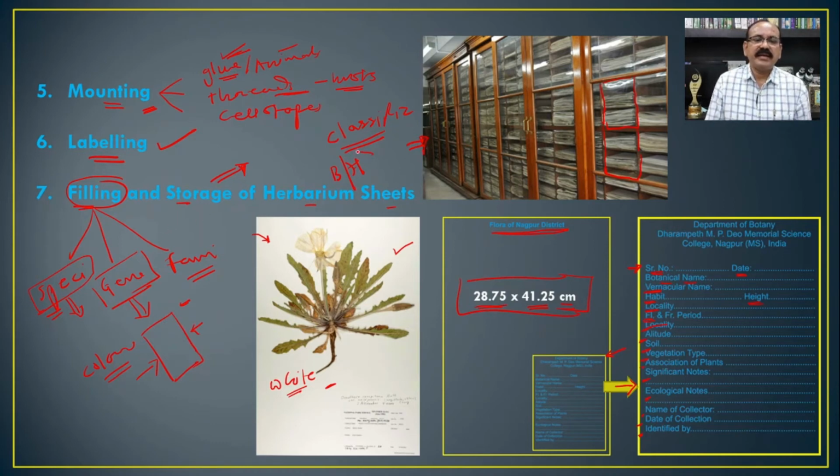So depending upon our easy method, we can use the convenient method either given by Bentham and Hooker or Engler and Prandtl. We can store all these specimens according to such classification. So in this way there will be the formation of the complete storehouse of the herbarium sheets or specimens, and such a storehouse is known as the herbarium.